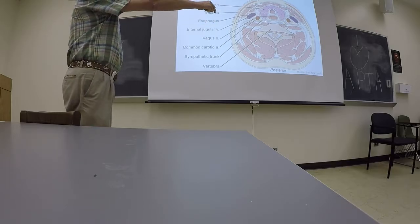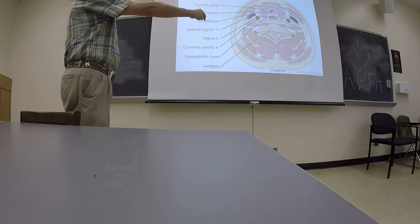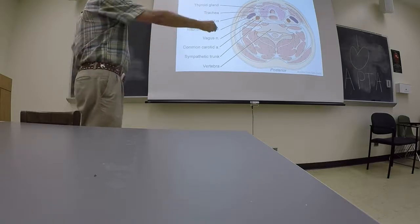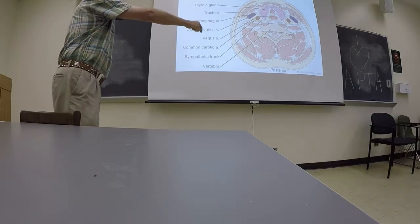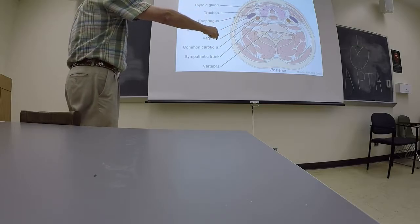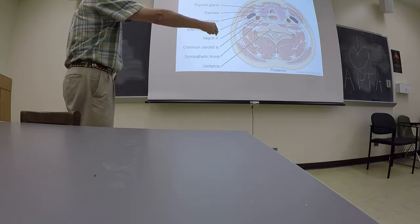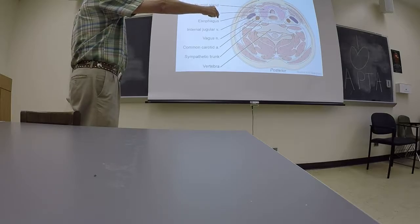Okay. On either side, there's another sheath here which contains the internal jugular vein, the common carotid artery, and then the vagus nerve traveling with them. Little sympathetic trunk in there. And you'll notice that there's a whole series, these sort of bands here, a whole series of fascial sheaths that separate this area here of muscles around the vertebrae, another fascial sheath wrapping around this area here with the esophagus